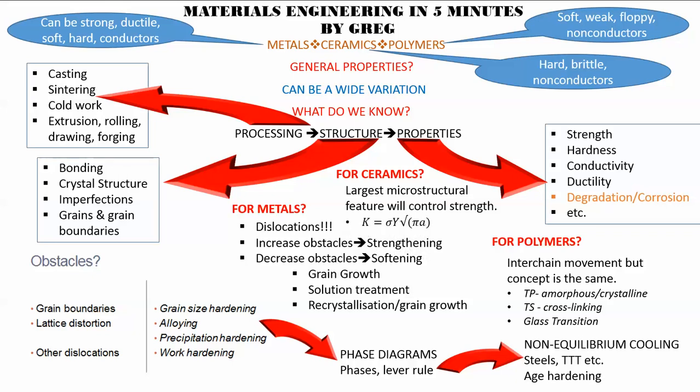And we can use the fracture mechanics equation that we used at the beginning of semester. We can look at that and replace A, the crack length, with A, the largest microstructural feature. So that's it. It sort of sums it all up there. For corrosion, you should look at the two equations for anode and cathode, and you should be able to describe such things as crevice corrosion or galvanic corrosion, those sorts of corrosions, using those equations.